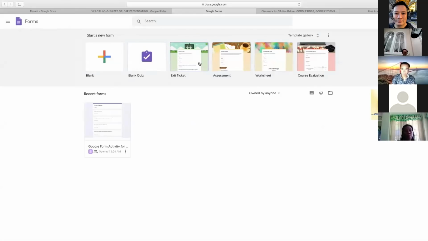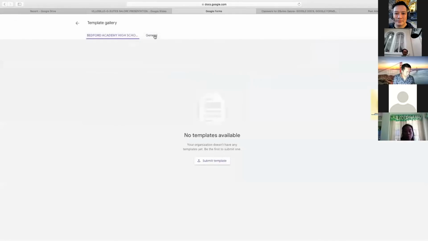So you just want to have an informal evaluation from your students. So you can do an exit ticket right here. Or you can make an assessment, or you can use worksheets, or you can use an evaluation. So all you have to do is just click the template right here. It's all up to you.